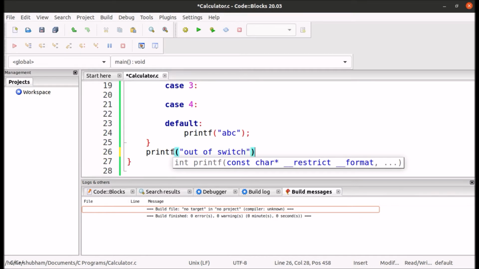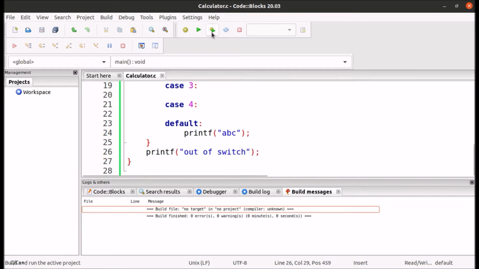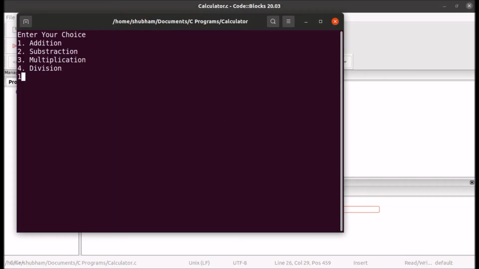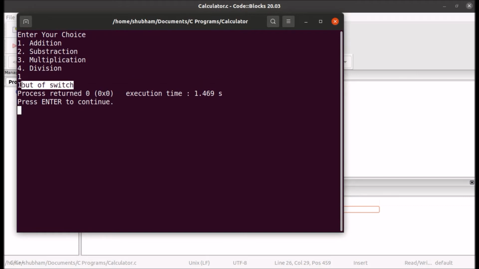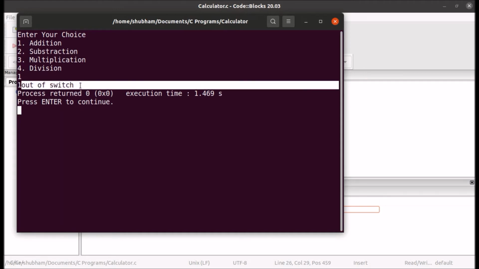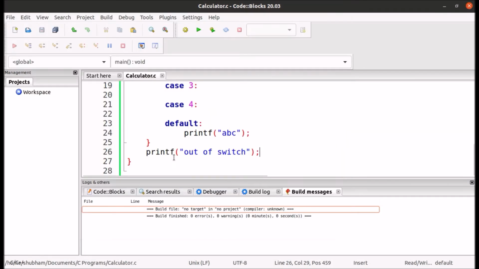Let's run it. So enter 1. You can see previously it was printing ABC. Now after printing 1, the break statement will be executed and we will get out of the switch statement and print out of switch like I have written, so it is printing and not the default one.